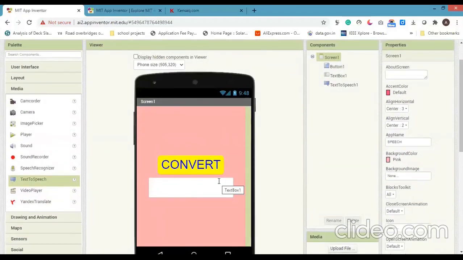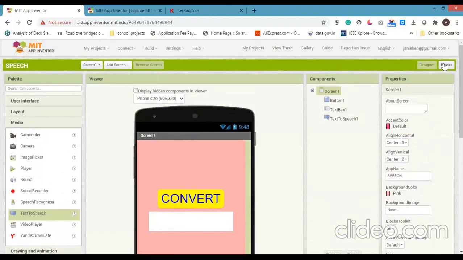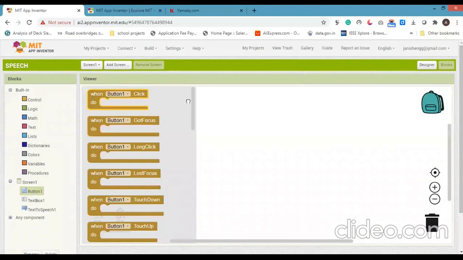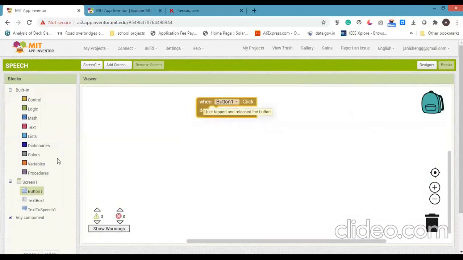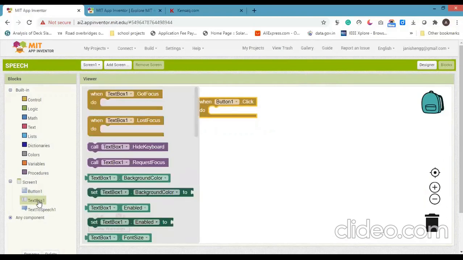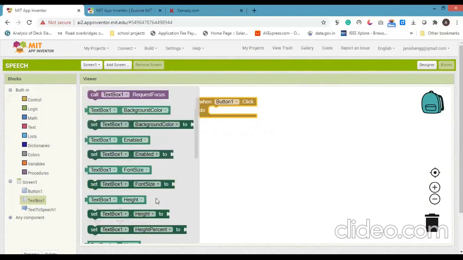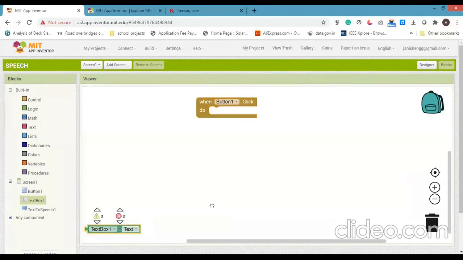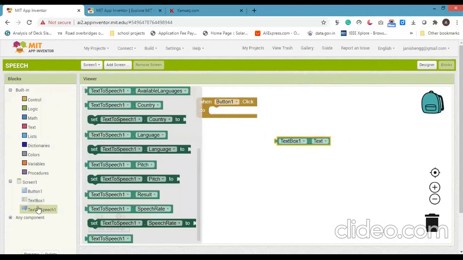Next, I am going to do the programming. Click Blocks. Click the button and drag it here. Next one is text box. Click text to speech.